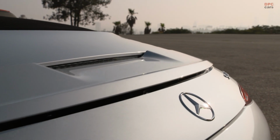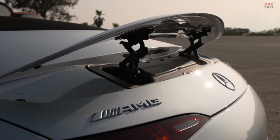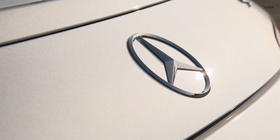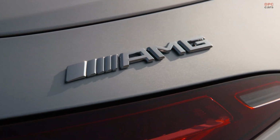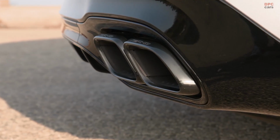Engine, transmission, and all-wheel drive: great variety and more choice than ever before. At market launch, the new SL starts with two output levels of the AMG 4.0-liter V8 biturbo engine. The engines are assembled purely by hand at the company's site in Affalterbach, according to the one-man, one-engine